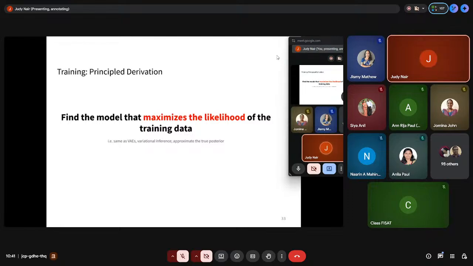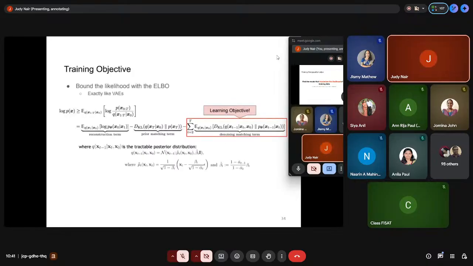So what is the objective? Each reverse step, we model as a probability distribution. You are given a noisy image at step t, and we predict the distribution at step t minus 1, with the mean predicted by the neural network.